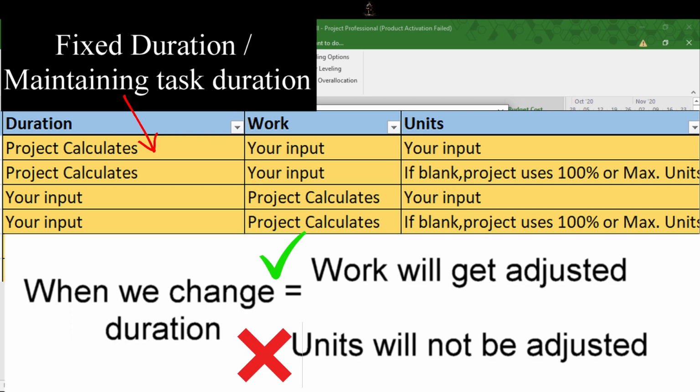Now, if we change duration in fixed duration tasks, project adjusts the amount of work because the software is biased toward changing work before units. That is, the software is designed in such a way that it will change work, not units. And that's done because of logic. Logically, the amount of work can change on a project more often than a task's units. We rarely change units of a task, and that's why it is so.